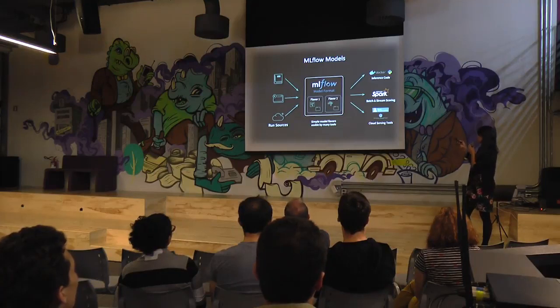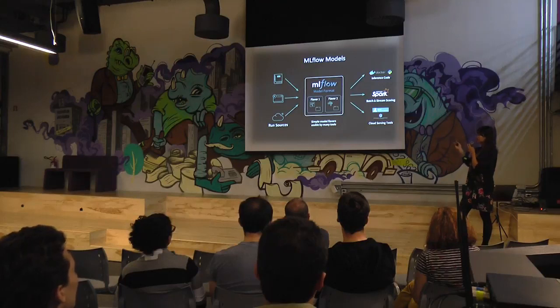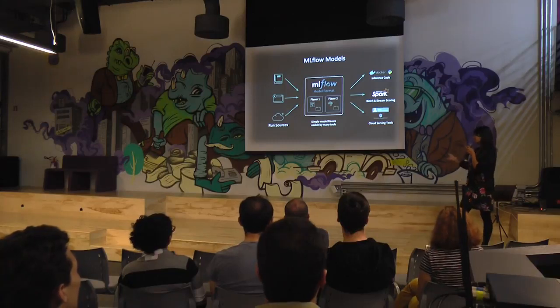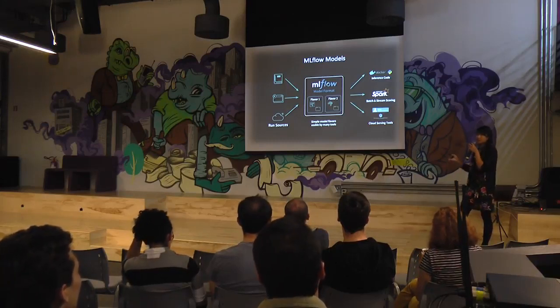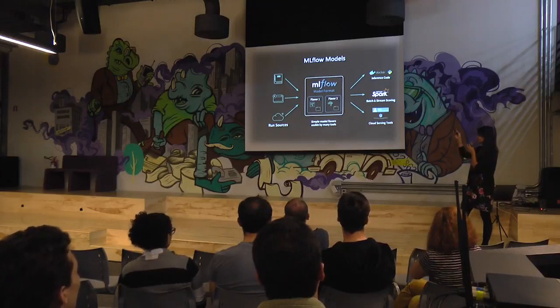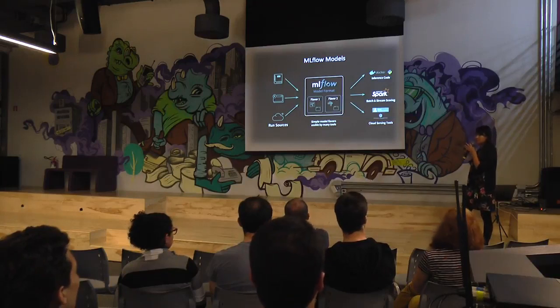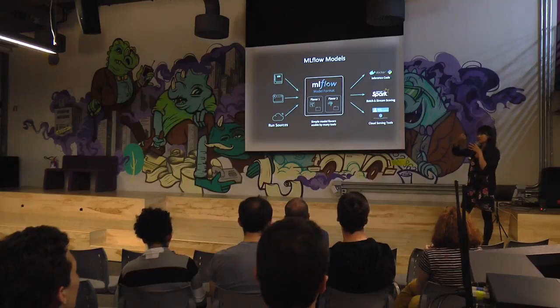So for example, you might package your scikit-learn model and deploy it with Docker and Python, or maybe you have a Spark model and you're using a structured stream to score it with an in-memory model, or you could have something like SageMaker and you just want to push it with a REST endpoint. So there are different deployment tools. You might have lots of these. And the idea of MLflow models is that you have a common format and you have a central point to connect to those various deployment tools, and one place for all your various machine learning framework models.